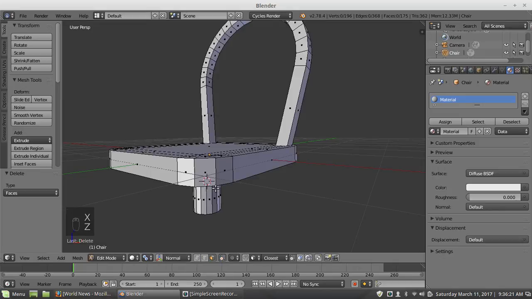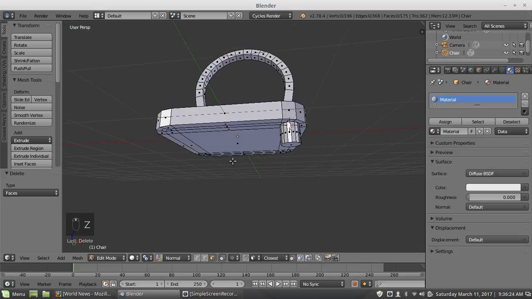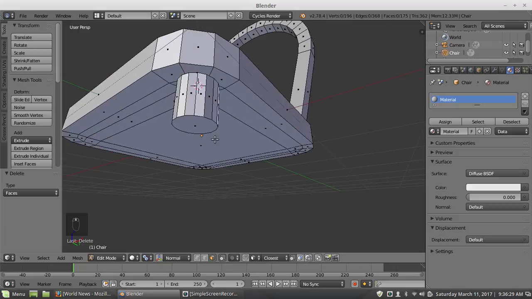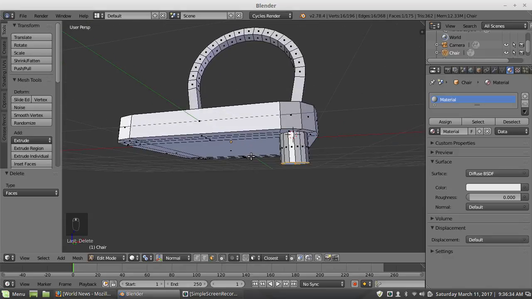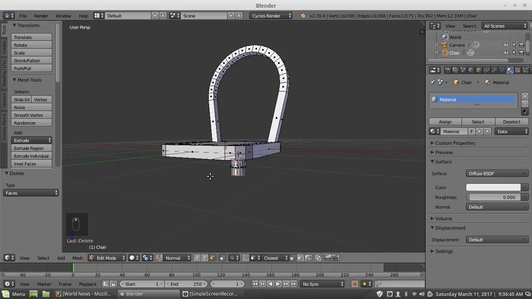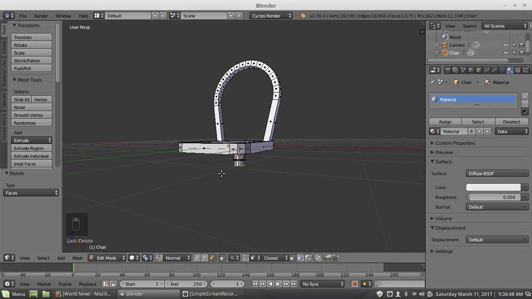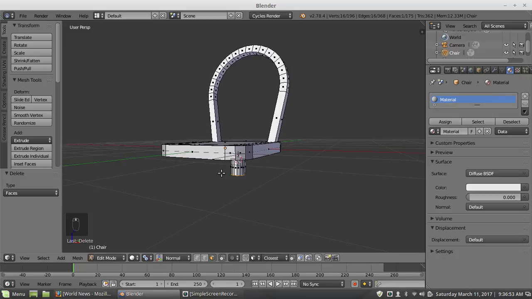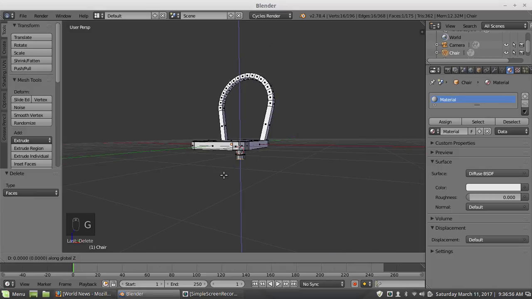And here's another tip to keep in mind: if you can avoid repeating doing stuff, that will save you time when modeling. So if you can adapt your workflow to do things early before you repeat, or try to think ahead, it's not always easy to do so, but if you can think ahead in your modeling, you can save yourself steps, and that makes it a lot faster. It's something to keep in mind. I try to do it, but it's not always that easy. You save a lot of time when you're modeling stuff. So G, Z. I'm going to move that down for the leg like so.